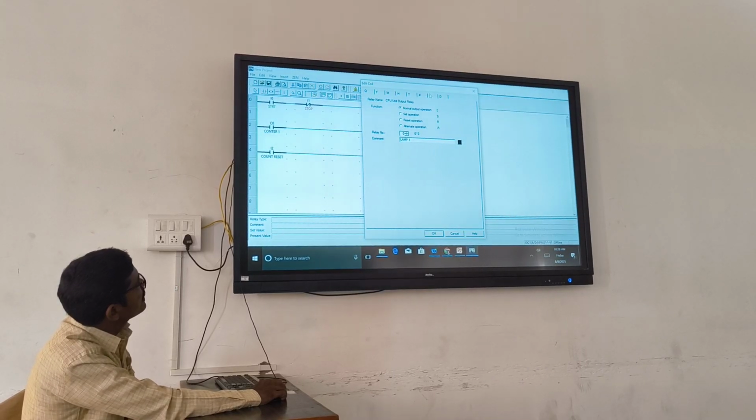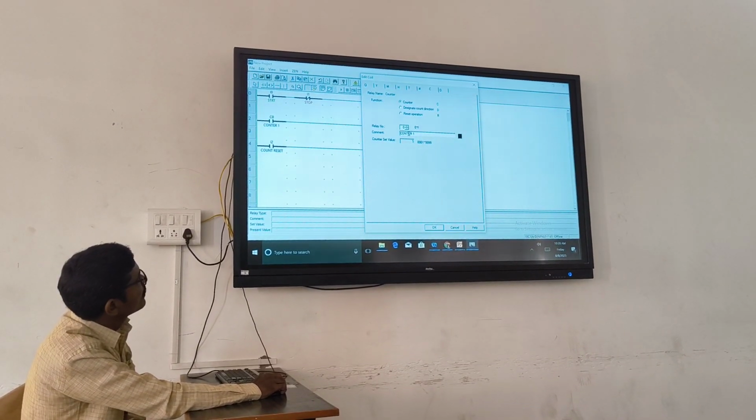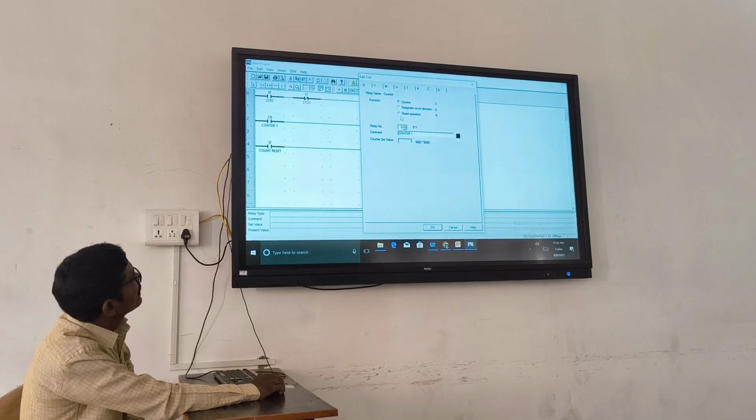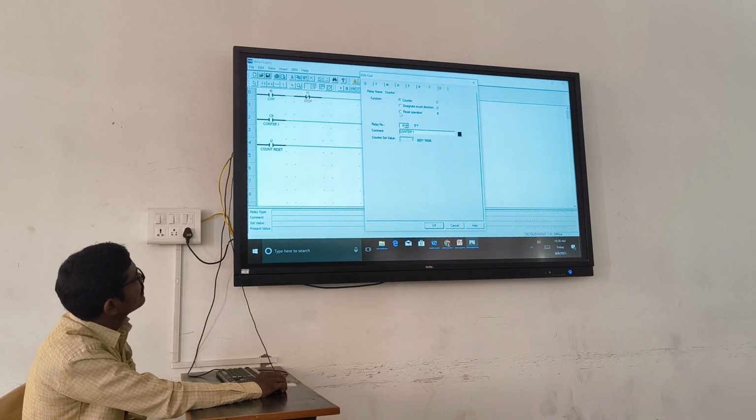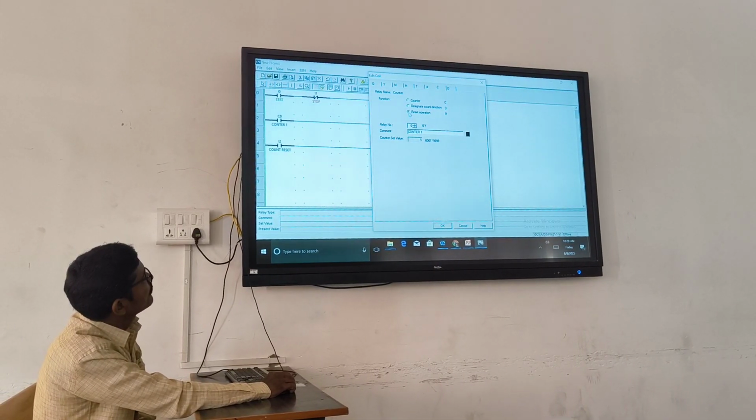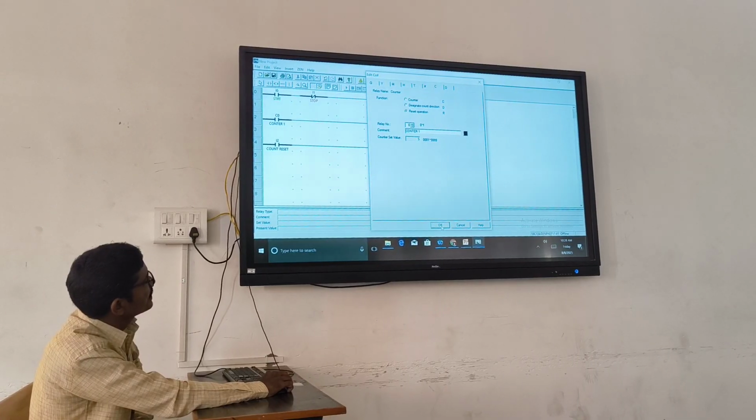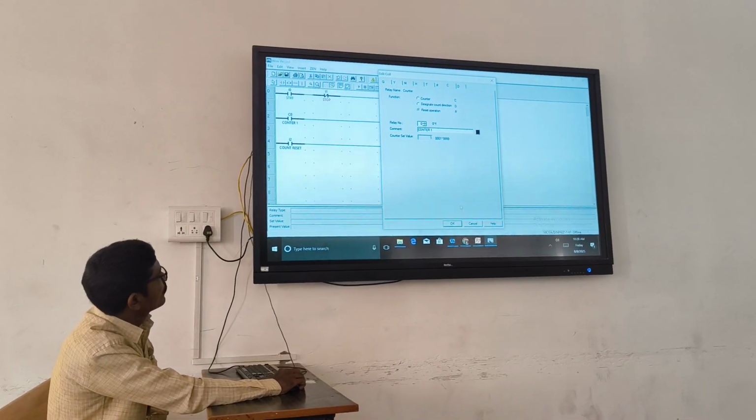You have to choose the same counter, which is counter 1 reset. Here you have to change the mode to reset operation. For the reset operation, we are using the count reset.